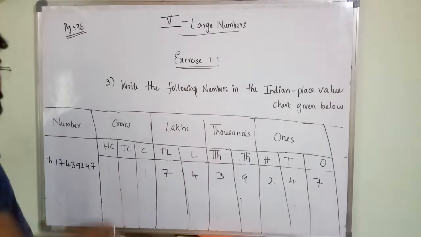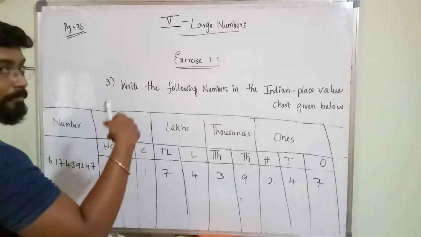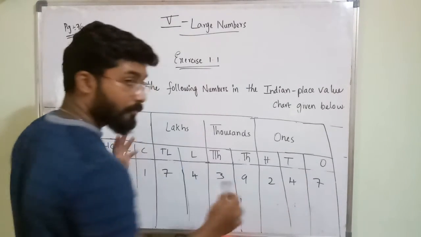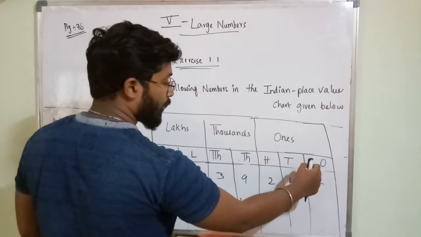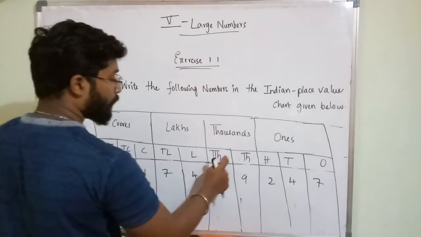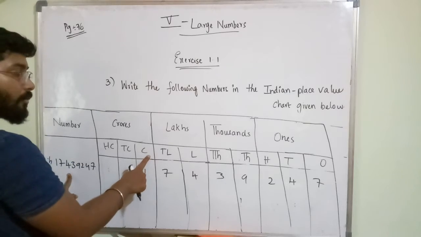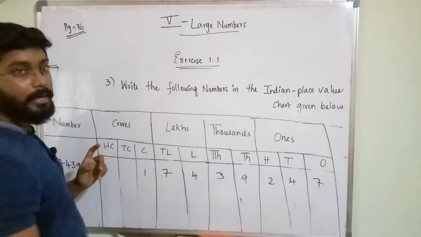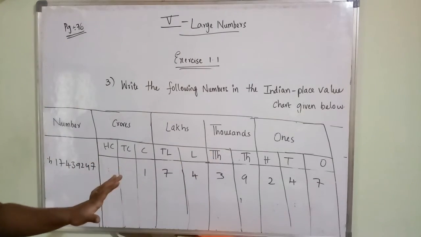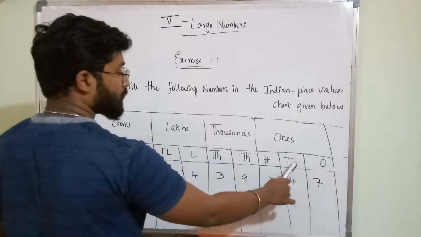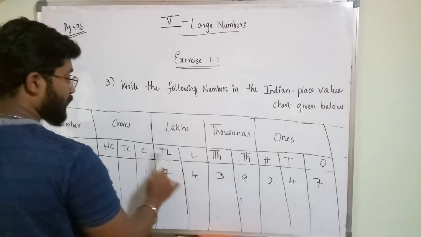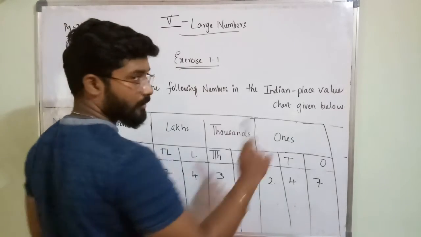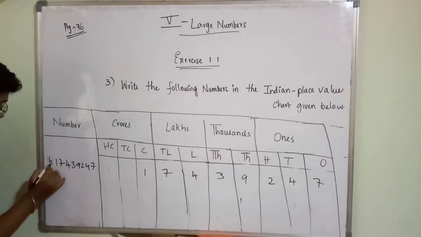Okay, you have to count the number of places from ones place, tens place, and so on. If you don't understand, I am saying you have to start counting from ones place. 1 2 3 4 5 6 7 8. This is an 8 digit number. I have counted from right to left for your understanding, but you should write from left to right. Count from here, ones, tens, hundreds, like this. 8 digit number, no? So you have to start writing from crore. 1 7 4 3 9 2 4 7, like that. Okay, H is completed.